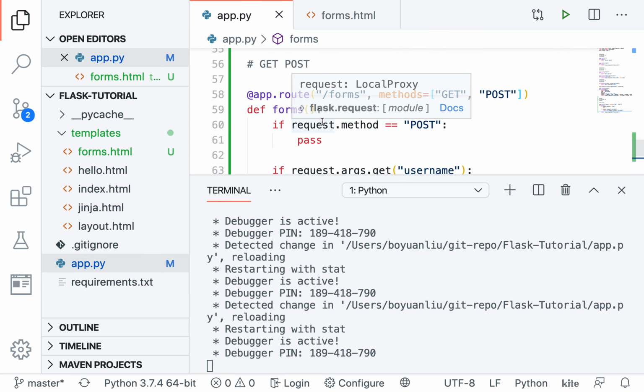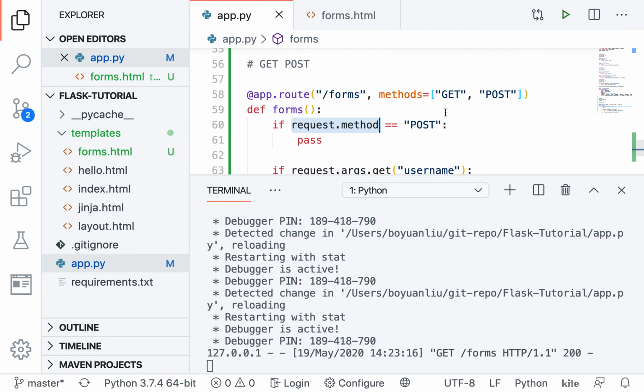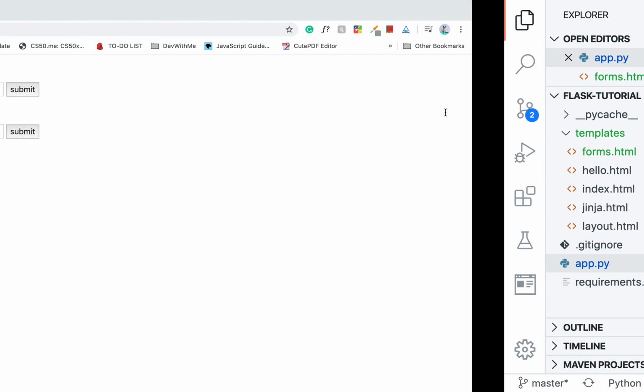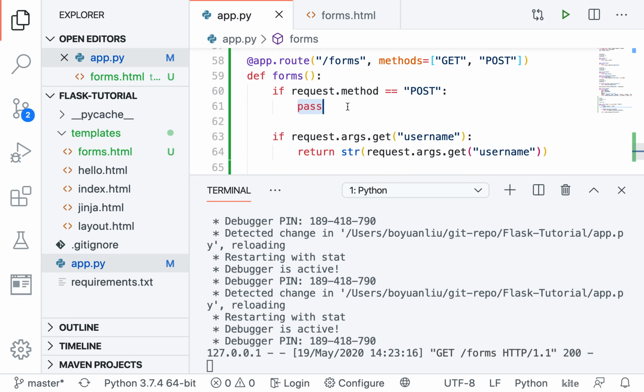So request.method equals POST. What this means is this tells you what method is trying to access this route. If you just refresh the page, it's a GET request. But when you actually submit this POST form right here, it's a POST request. So here's what we are going to do. To access a POST request or POST form's information, we can simply say